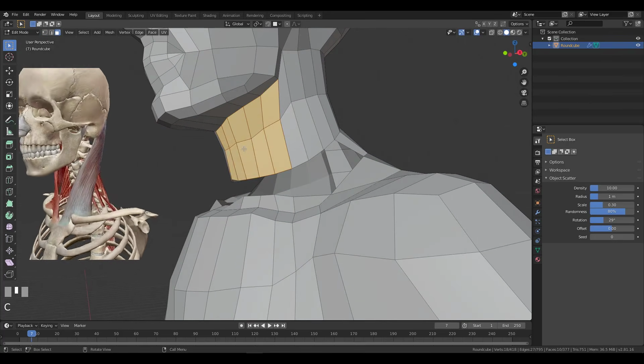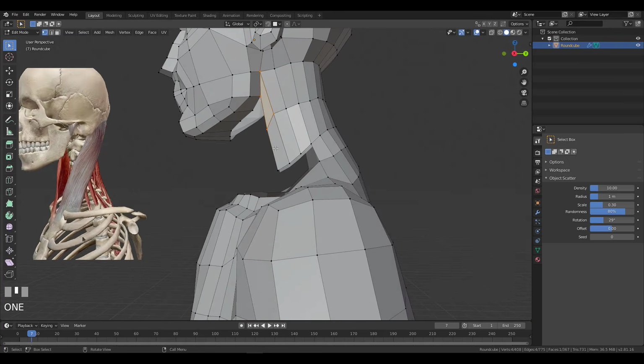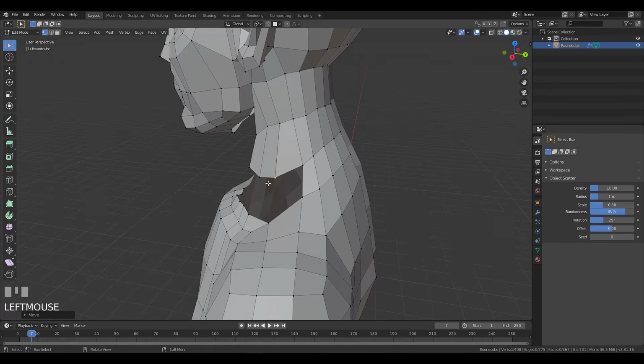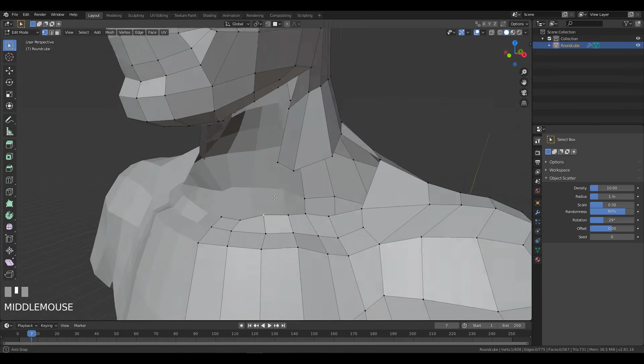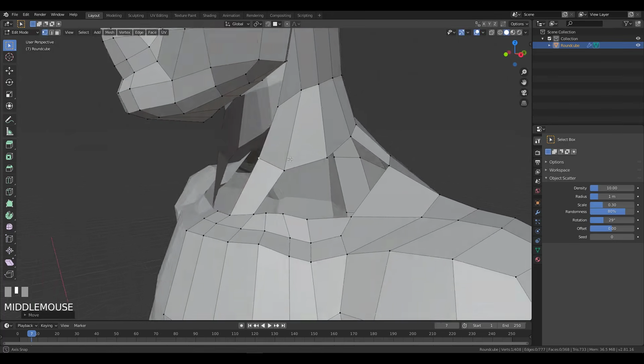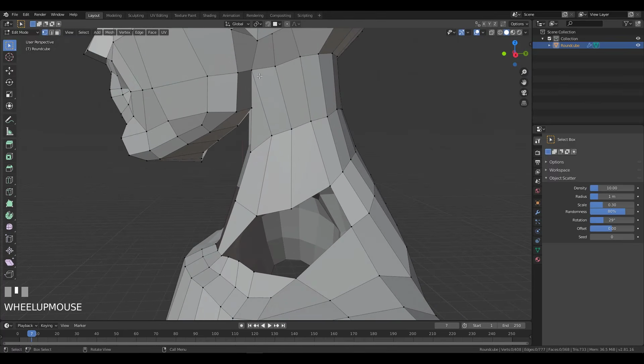So I'm going to destroy this, and I'm going to rotate this geometry like this, so it can connect in the front of the neck, and same thing for this. So I'm going to select those faces, I'm going to connect them, and as you can see it follows behind the here and